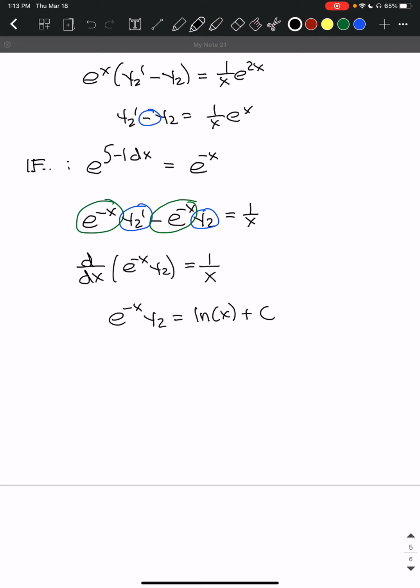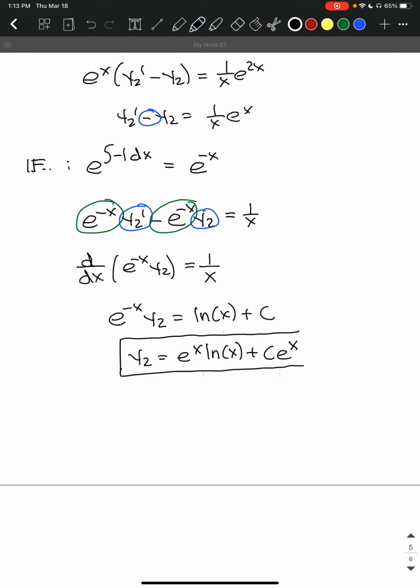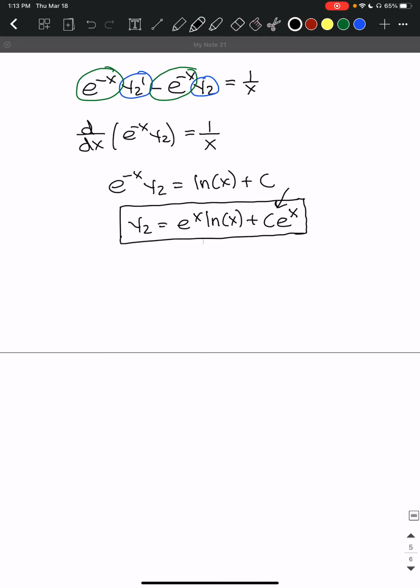And let me go ahead and solve for y2. I get this is e to the x log of x plus c e to the x. Okay, so this is, by definition, a second solution here. And we're going to figure out what to do with that c. In particular, it doesn't matter. And this is where it starts to get a little weird. But my general solution to that differential equation,